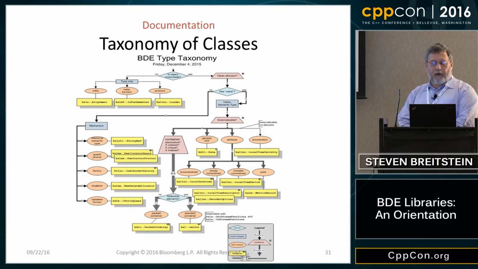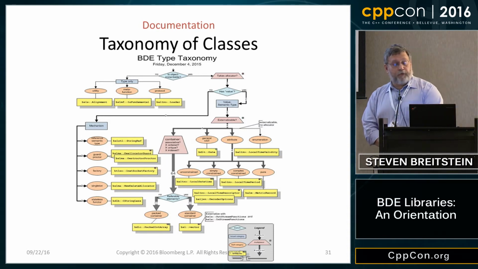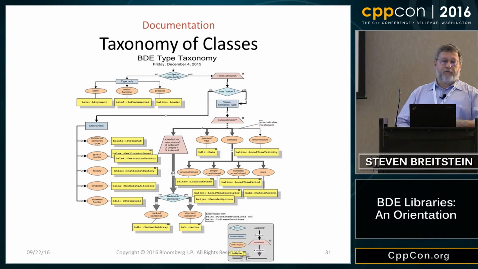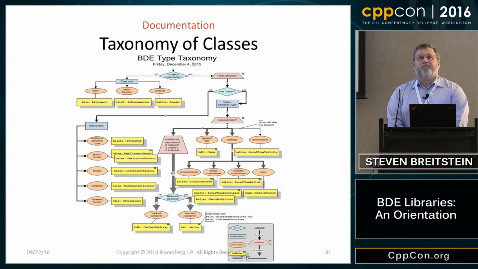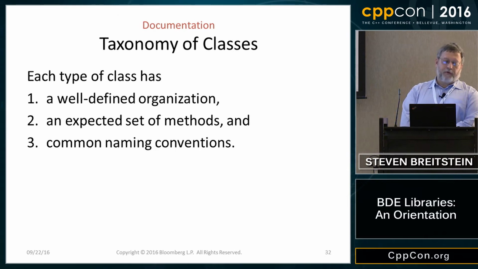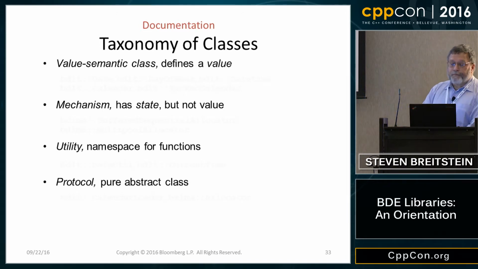Okay, so another thing that you'll find there is the taxonomy of classes, because classes are not just invented on the fly. There are various categories of classes, each having a well-defined organization, certain expectations of methods, certain common naming conventions, so that when people design classes, they will find the appropriate place for this. For example,